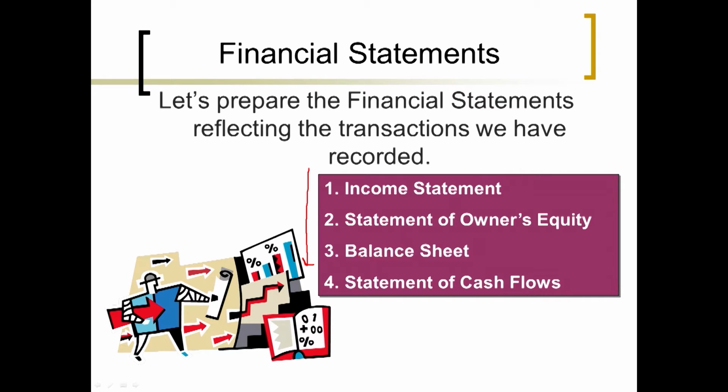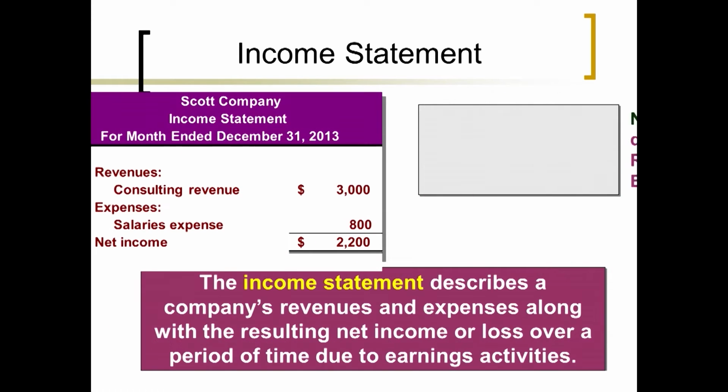So here's how I know a student doesn't know what they're doing in my class. If I say, okay, let's do our financial statements now, and they're starting on the balance sheet. Well, you can't start on the balance sheet, okay? You've got to do the income statement first, then the statement of equity, then the balance sheet, and then the statement of cash flows. You with me? Okay, let's talk about the first one, and that is the income statement, okay?